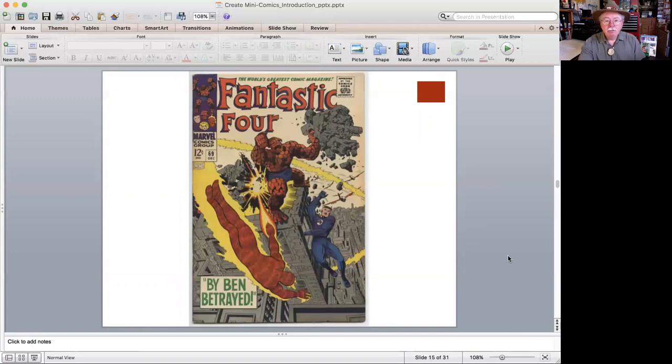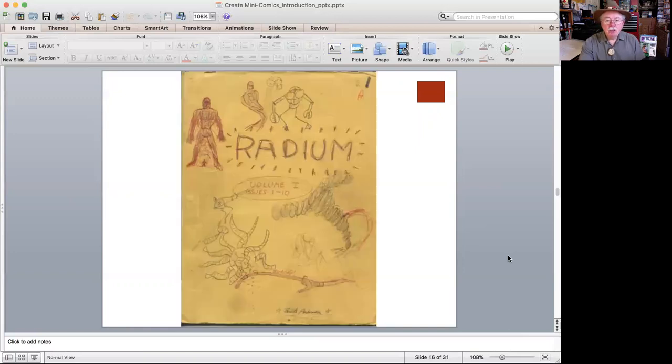But more importantly for me was the inspiration George gave me for writing and drawing my own comics. And this is the cover to the first volume of my first comic. Radium the Robot was the main character, and he could shrink and grow. He fought villains like the Claw there at the top,